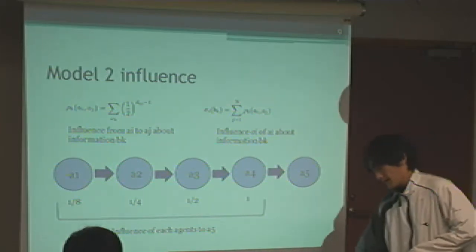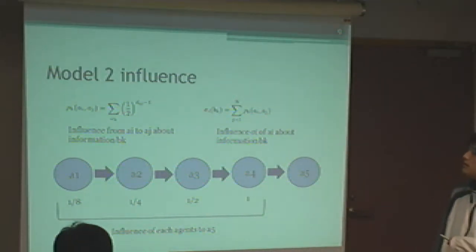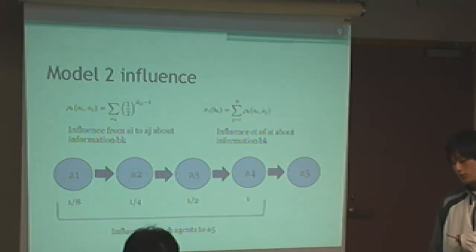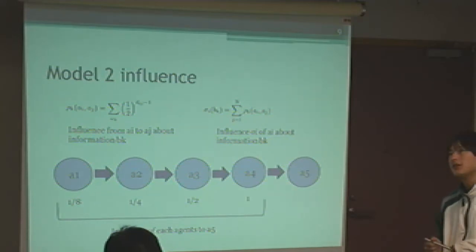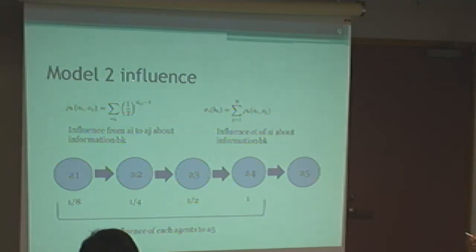And in this paper, they want to know how much influence the individual has. So they define the influence from Ai to Aj about information Bk, and the influence sigma i of Ai about information Bk. And influence is,